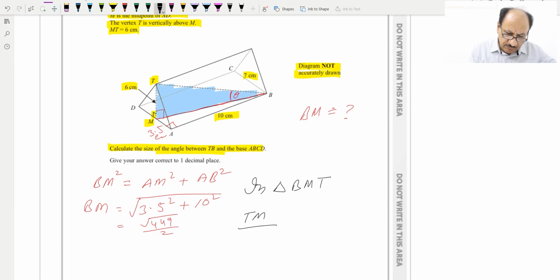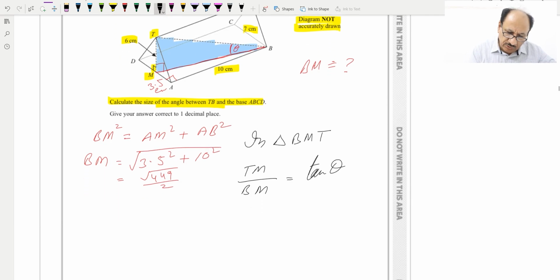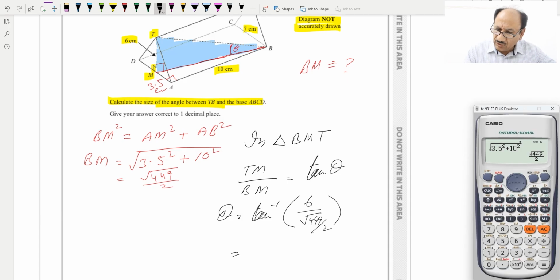TM over BM will be equal to tan theta. So tan theta value we need to calculate. So theta will be equal to tan inverse of TM, which is 6, so 6 over BM, which we just found, which is the square root of 449 divided by 2, and we can calculate this. This will be shift tan of 6 divided by answer, and this will be equal to